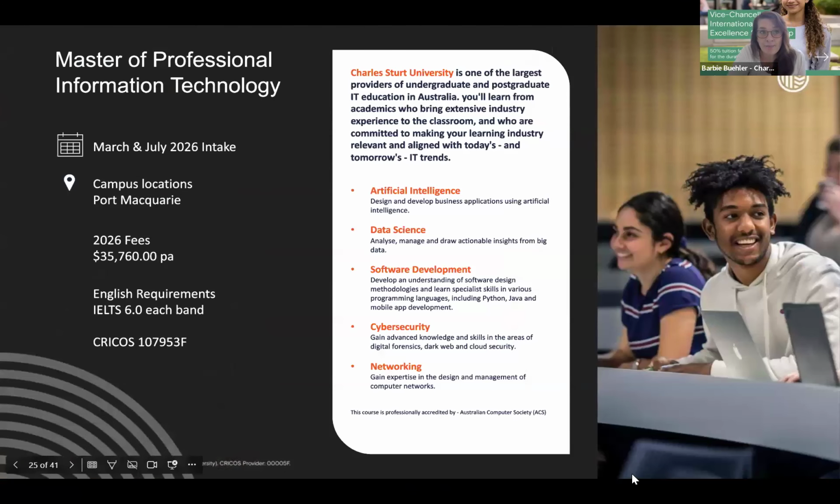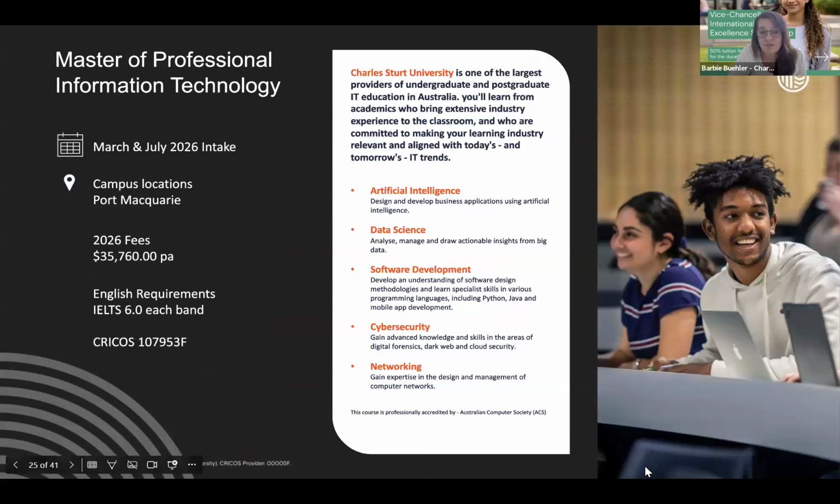We do offer a bachelor and a master's program in information technology. We only offer this in our Port Macquarie campus. It is available 2 times a year, the first session, and then semester 2 in the July intake. So session 1 and session 2, we do have availability for the bachelor or master's of information technology.